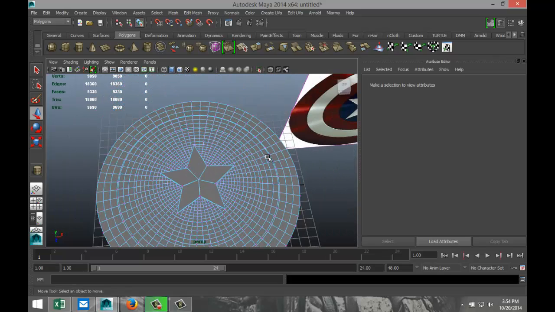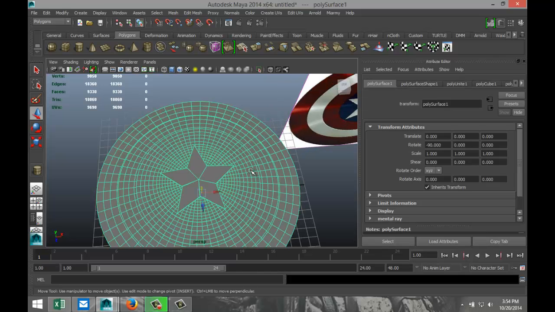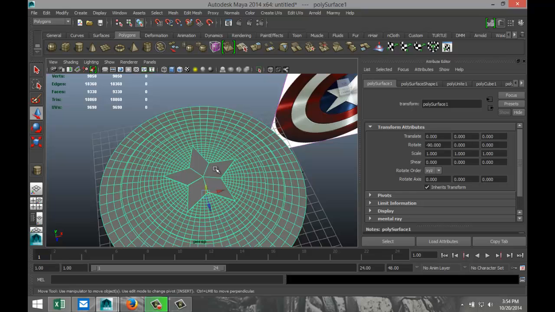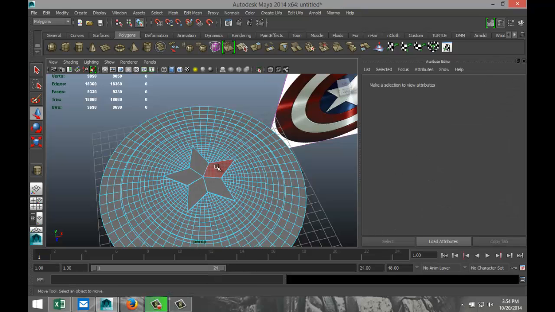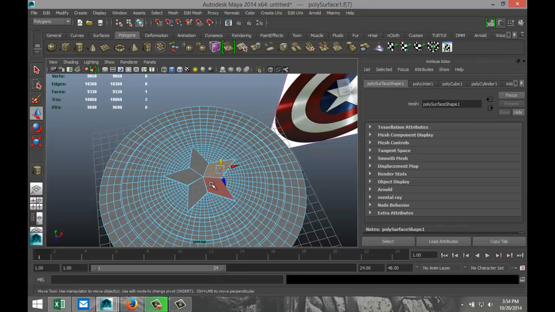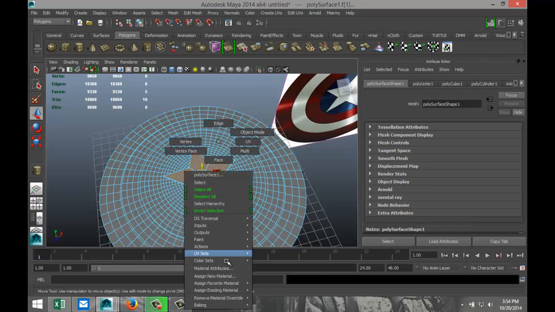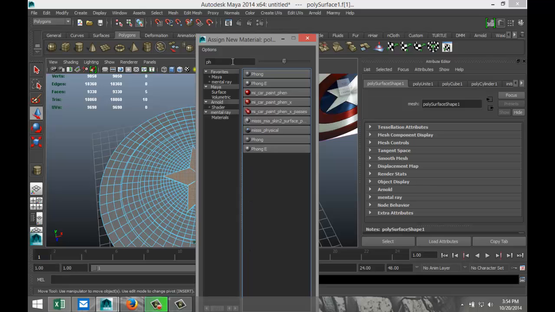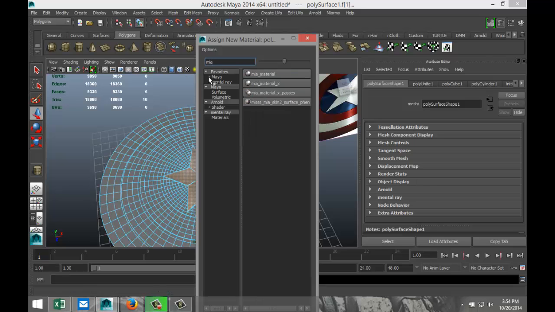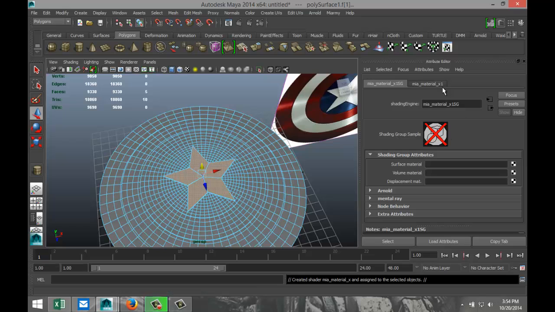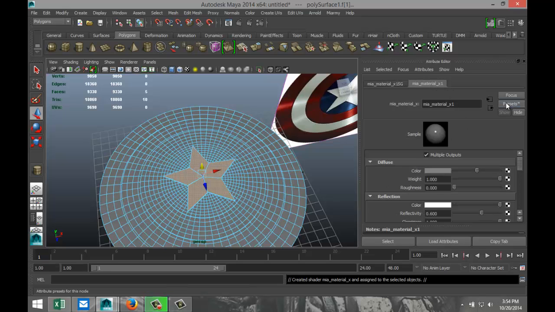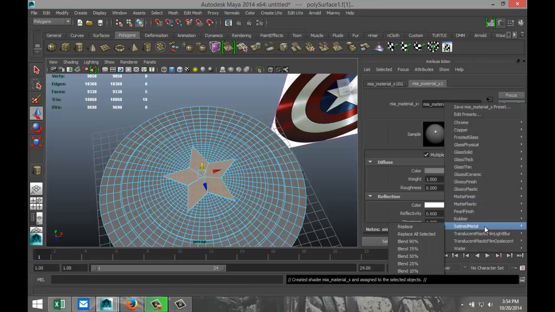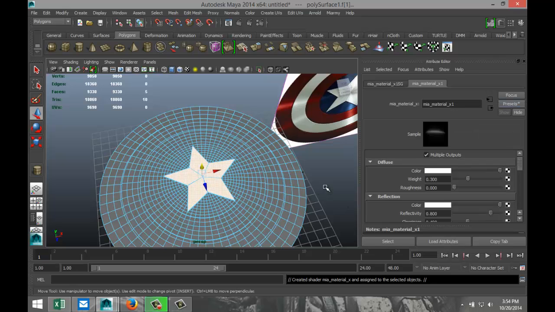Now we're going to apply some material to this. So right click, object mode. We're going to take these faces here. So I'll just turn off my soft select. These. Right click, assign new material. MIA underscore X. MIA tab, presets. Setting metal and replace,